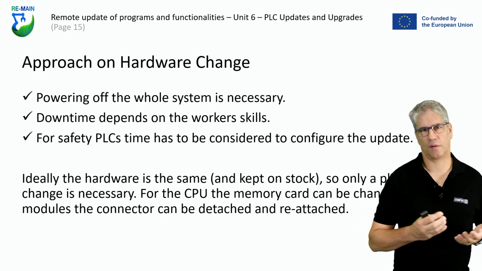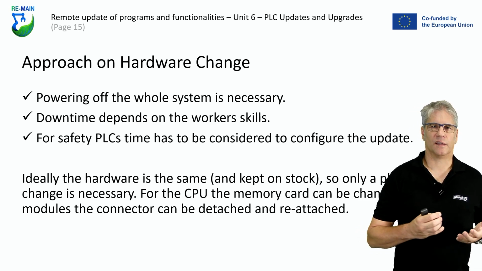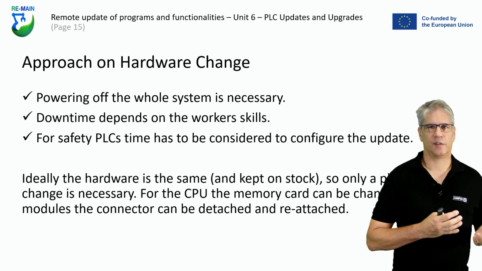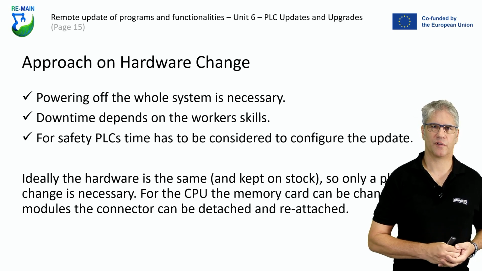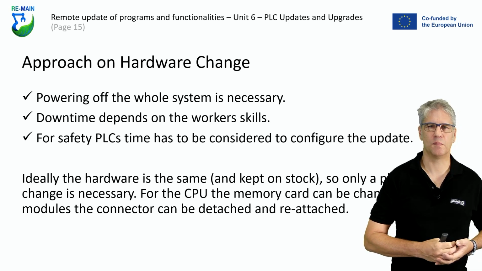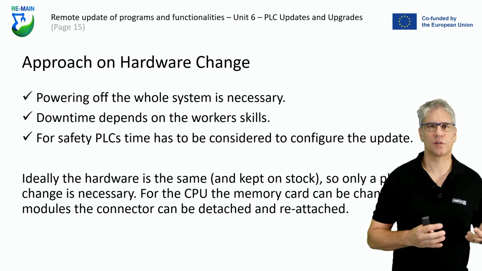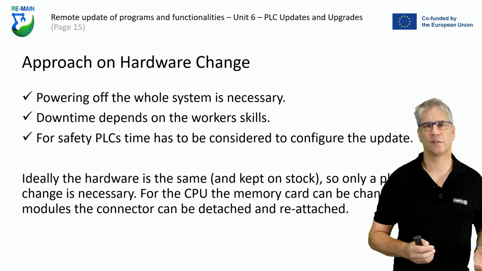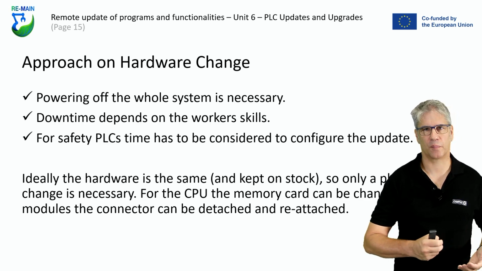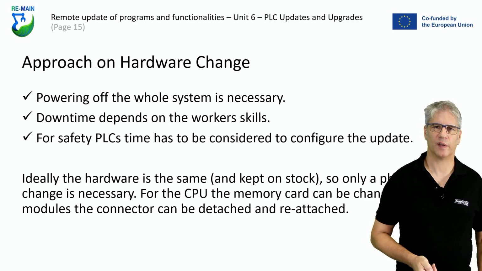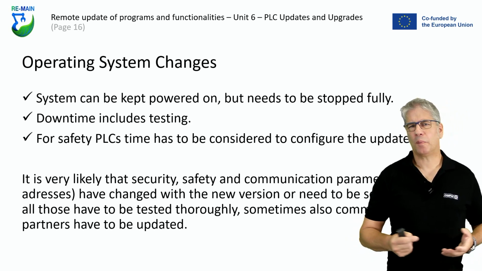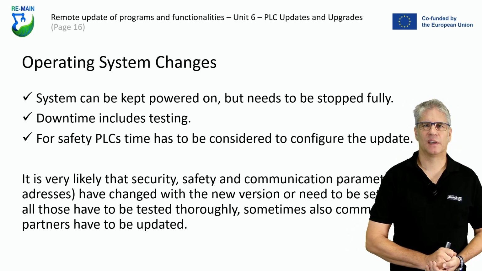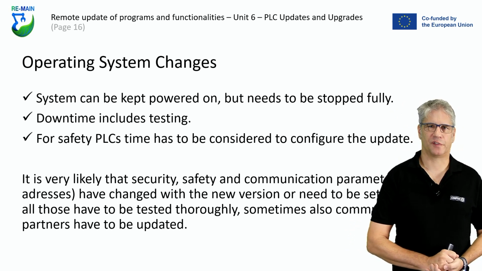If you think of automotive production, typically a car is produced every minute, up to 3 minutes, depending on the number of cars produced by this plant. Which means that if you have a downtime of 2 minutes, 2 cars could not have been built, so there's a loss of the price of 2 cars that otherwise could have been produced. With operating systems, system changes, this is even worse.